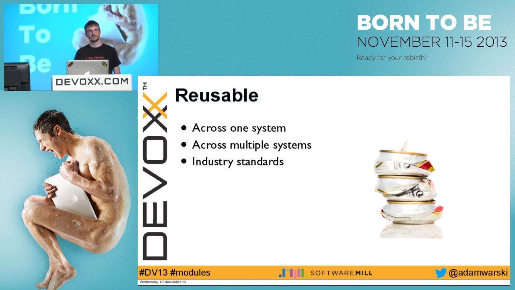Or maybe we have industry standards. So like JEE, it is an industry standard, right? And we can reuse the implementations, so the various implementations of the various specifications in various systems. So you can think of these implementations as modules as well. So jars are a good example here, right? You can reuse jars. You cannot really reuse, for example, packages. You cannot take one package and use just this one package. You have to take the whole jar.